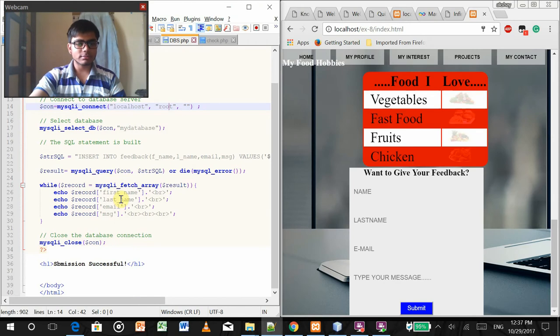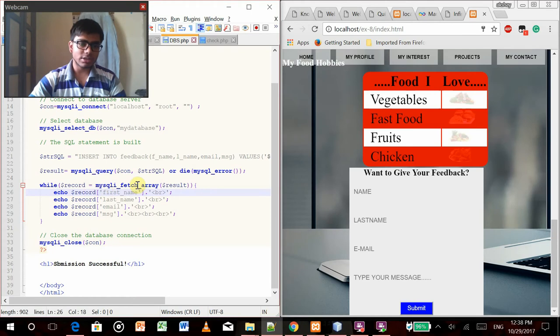Okay, now for displaying all the records, whatever you have entered, you can use while. Then a record equals to MySQLi fetch array. Fetch array is nothing but it will fetch your information in a array form from this result, which is actually this query is performing and storing in the database. So it's fetching from the database, storing it in array, and this array is in a variable. Using this variable, this is actually an associative form. So using this variable, we are fetching the information of this first name table, last name table. So if you see, my table name was feedback, its tables are first this portion, okay. These are the column name. Yeah, so you can fetch information in this manner and print,